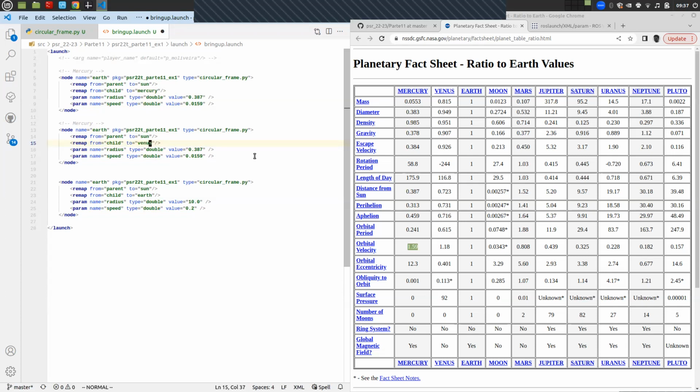Venus. Okay, so for Venus we have a distance from Sun of 0.723, and the speed is 1.18. That means it's 0.0118. Yeah, I think that's it. Let's do the Earth, and then we